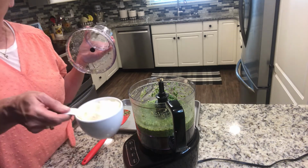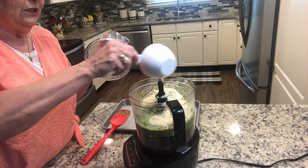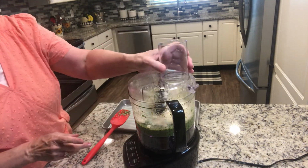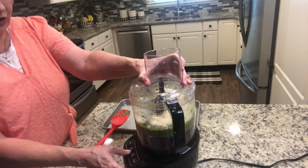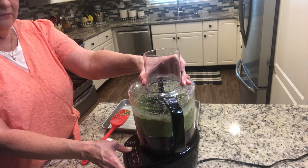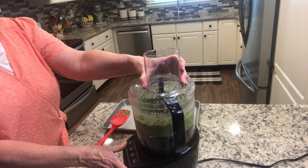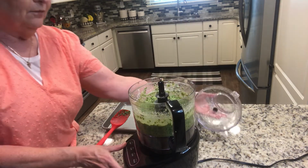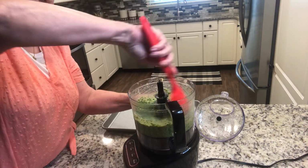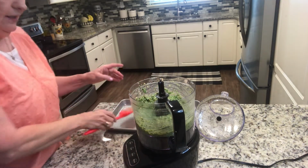So, okay, we've got a cup of Parmesan cheese here. We're going to put it in. Give it one more stir. And voila, we have pesto. I'm going to scrape the edges here just a little bit. Now then,